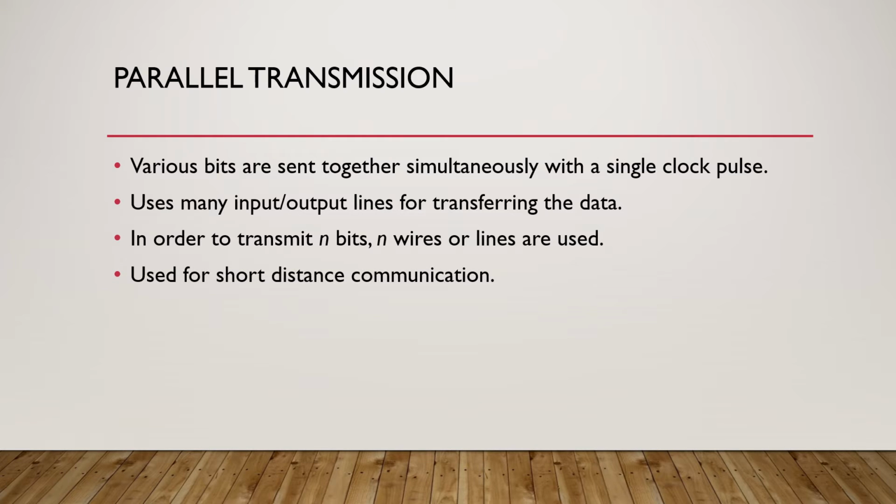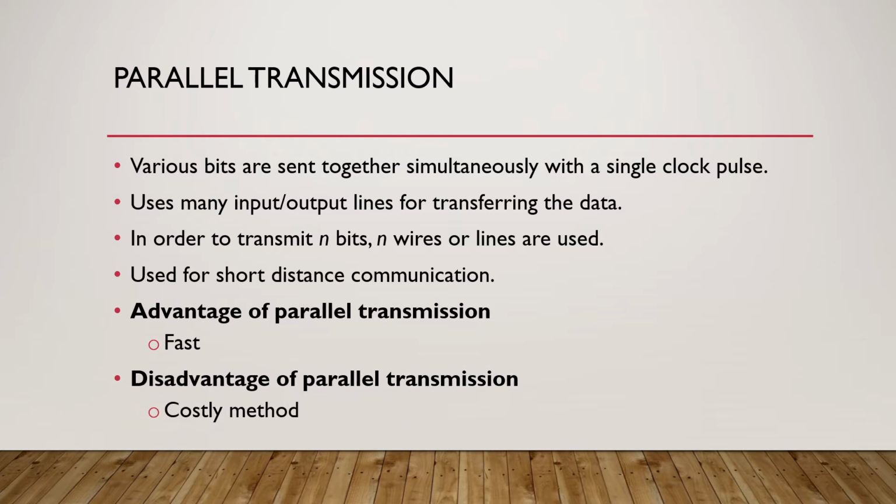All n bits of one group are transmitted with each clock pulse from one device to another. That is, multiple bits are sent with each clock pulse. Hence, parallel transmission is used for short distance communication. Advantage: it is a speedy way of transmitting data as multiple bits are transmitted simultaneously with a single clock pulse. And disadvantage is it is a costly method of data transmission as it requires n lines to transmit n bits at